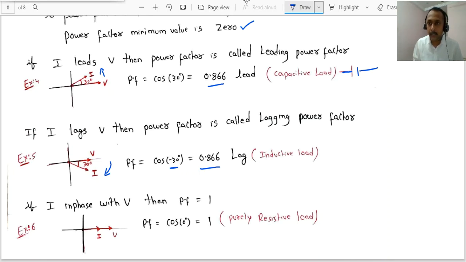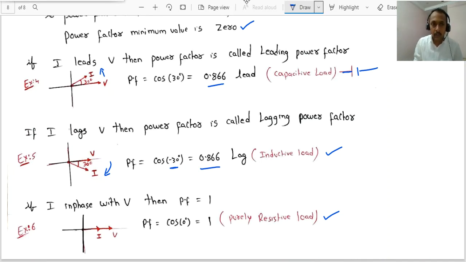Here also it is 0.866 only, but here it is cos of minus 30, so you should use the word lagging. 0.866 lag. Inductor: lagging. Capacitor: leading. Pure resistor: in phase. Voltage and current will be in phase. Power factor is